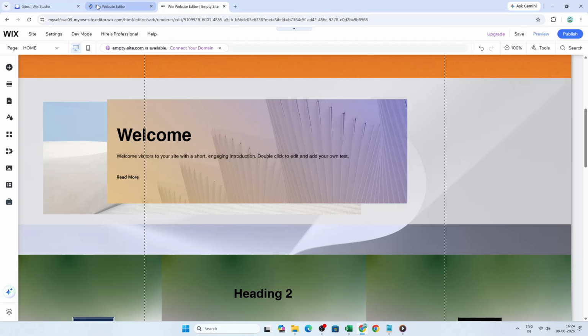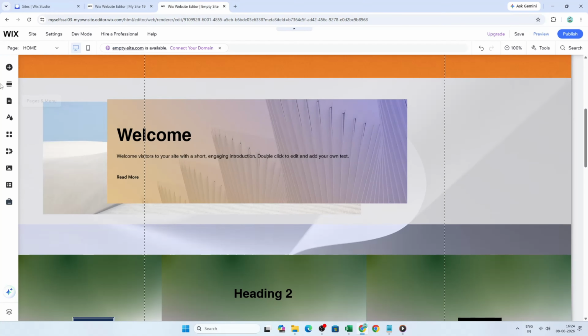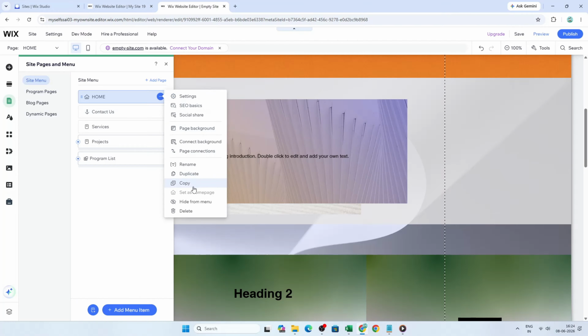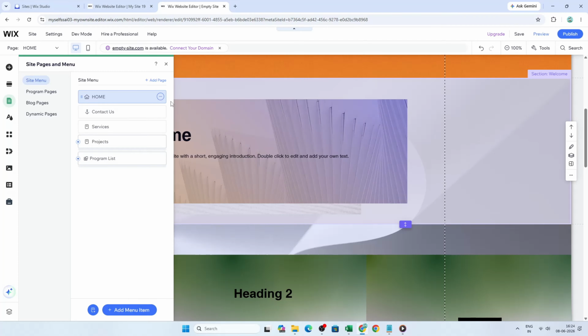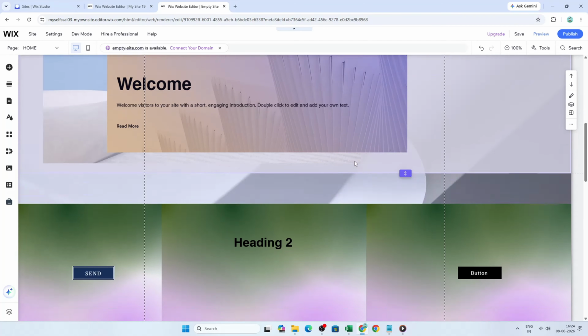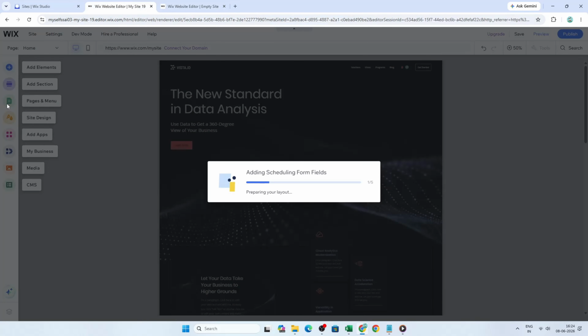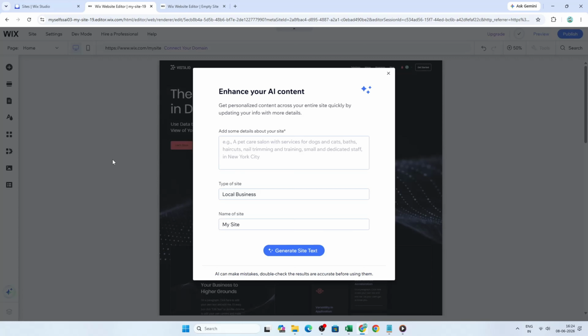Next, open both your old website editor and your new website editor in separate browser tabs. This makes the migration process much easier because you can move back and forth between them as you rebuild the site. You can copy and paste text, pages, and layout sections directly from the old site into the new one. As you do this, pay close attention to spacing and formatting, since some elements may look slightly different in the new template. For media files like images or videos, upload them again into the new site's media library, so everything